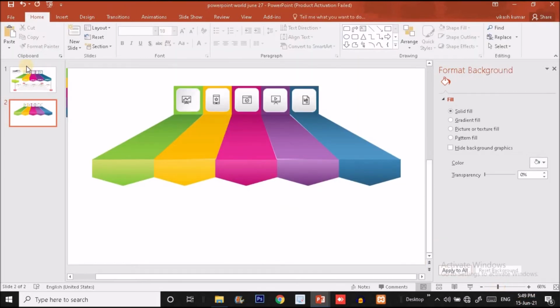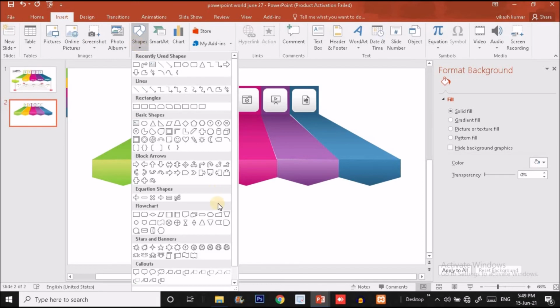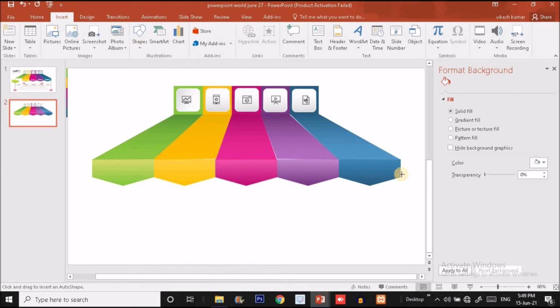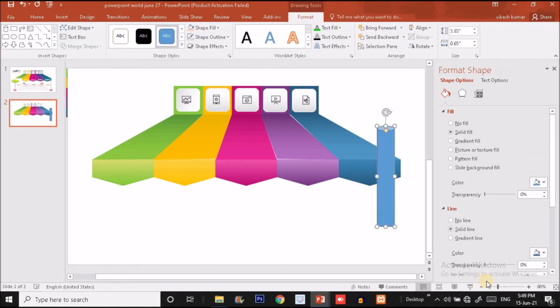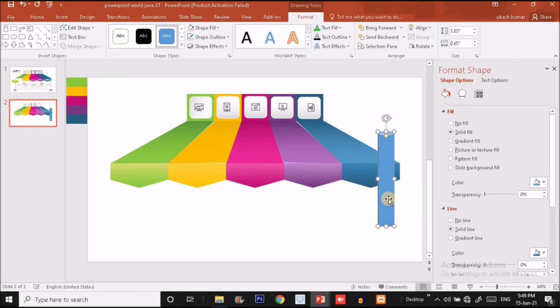Now this is complete, guys. So what we have to do now, we have to create a pole. So to do that, I will click on insert option, click on shape option, and here you will see this can option over here. So I'm clicking on this and drag a can like this. I'm going to zoom out so that we can see the full slide over here. So now I will put it over here, make it thinner by dragging it like this and put it over here.